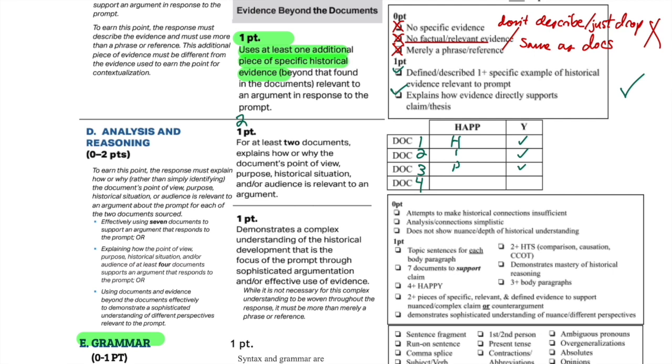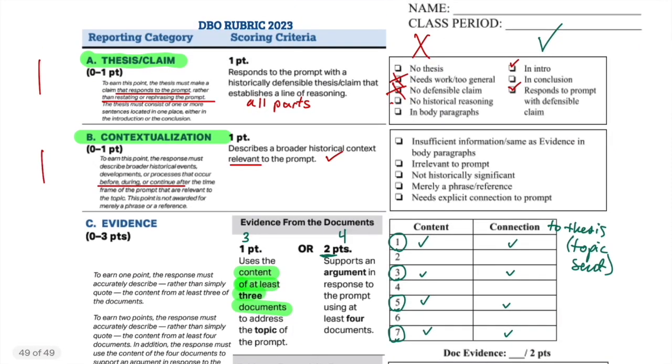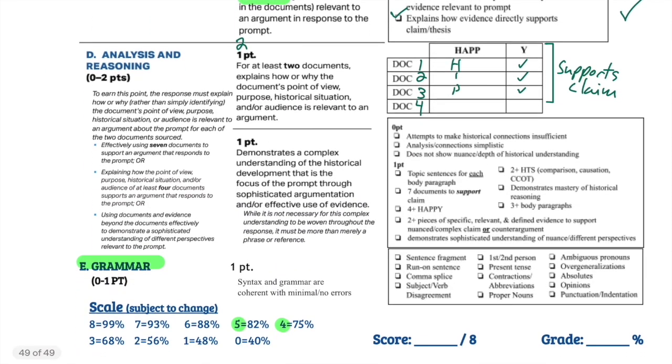Then for document analysis, that's HIP. Do you use the documents to support your claim? Or do you just drop them in? Or do they counter your thesis? So that's where this would go for improvement. For context from your intro, attempts at context are underdeveloped, meaning vague. They lack explanation. They're hastily phrased, or you didn't do context at all, okay, indicating why you did or didn't